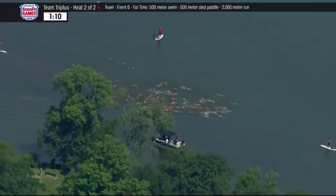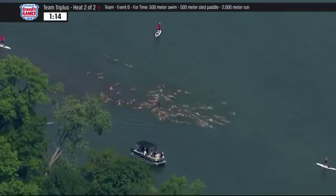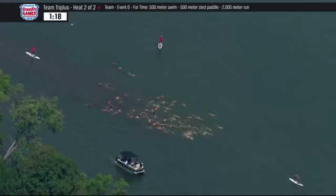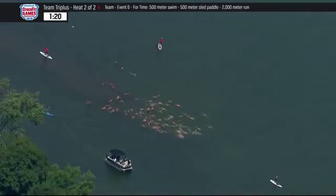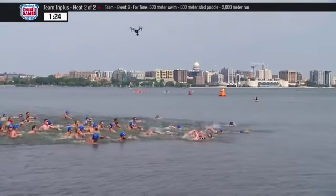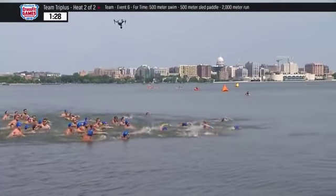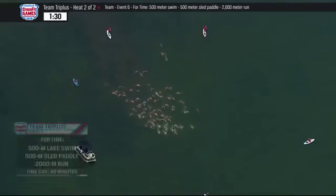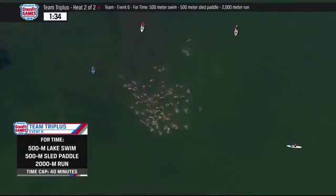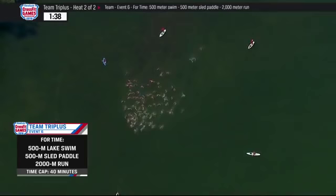They'll get back in the water once it starts to get deep enough. But the challenging part of a mass start like that, if you have 20 teams, 80 people all in at once, is the chance of getting kicked in the face or elbowed in the ear or having your goggles ripped off. I've done a lot of open water events over my career as a swimmer, and it gets nasty in the water, especially when you have a lot of teams or people that are super competitive like these athletes are. That's one of the more dangerous things to look out for, the start